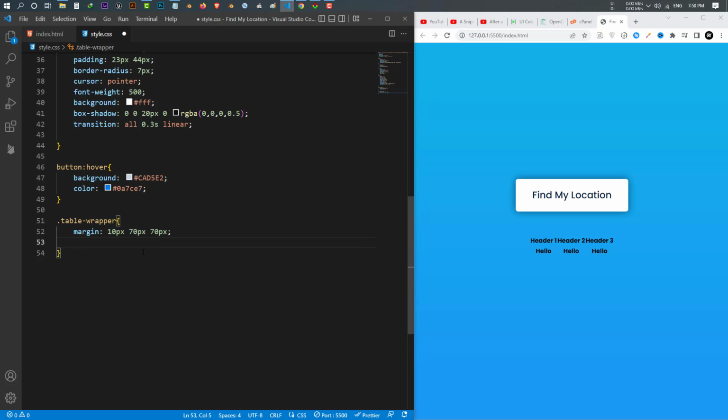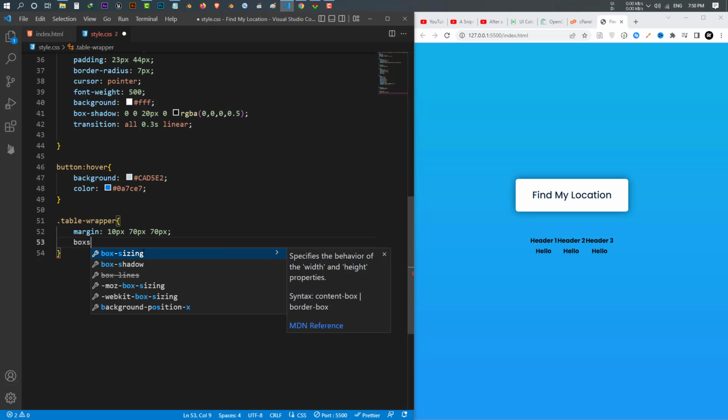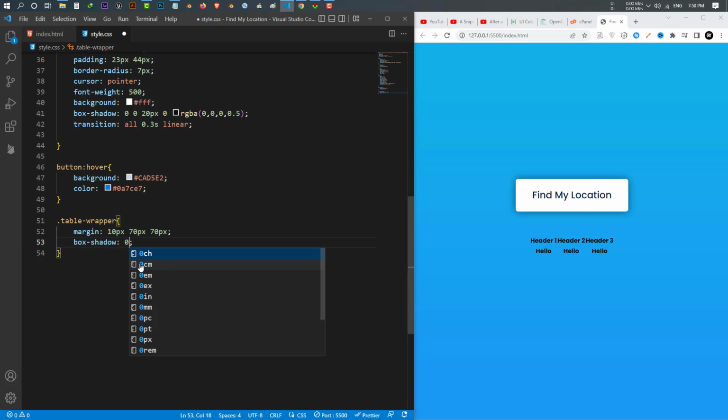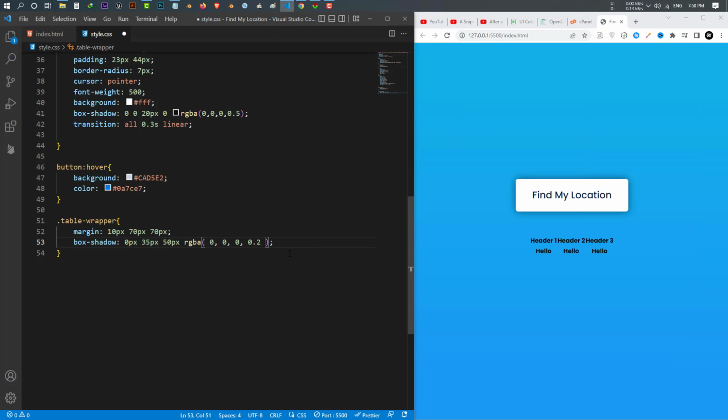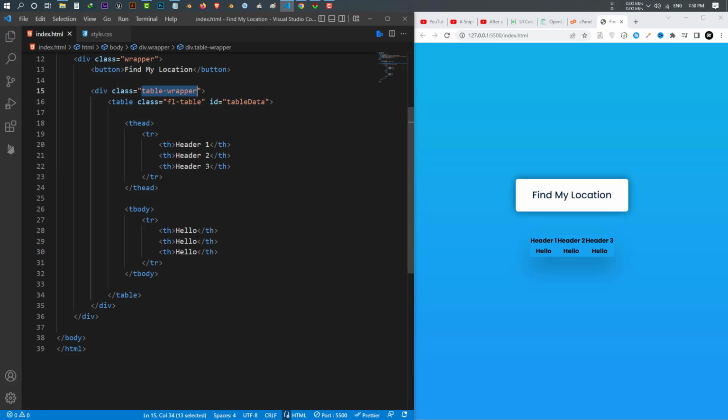After that I give it a box shadow 0 pixel, 35 pixel, 15 pixel, and I give it a color, this RGB color. Okay, that is for my table wrapper, and after that I need to choose the table